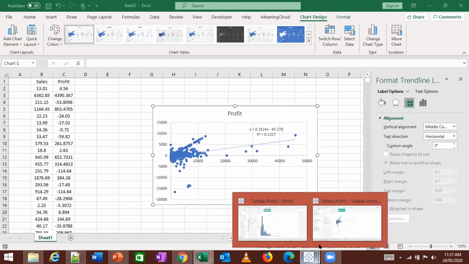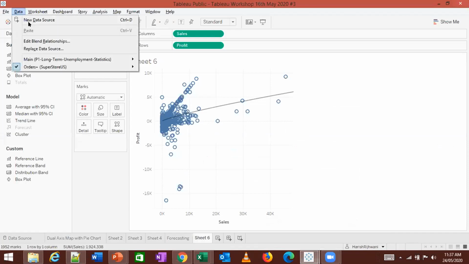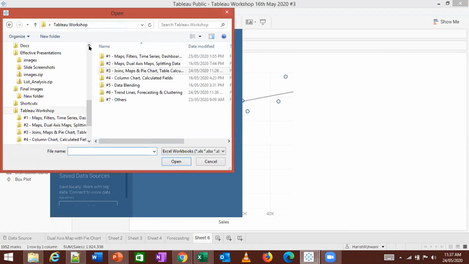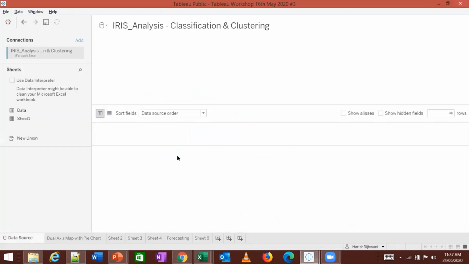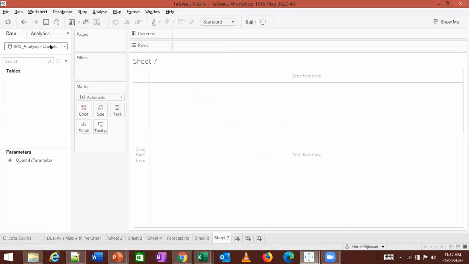Let me just go to Tableau. I am going to add another data source, the iris sheet. So I have this data sheet for iris. Okay, it's not loading.